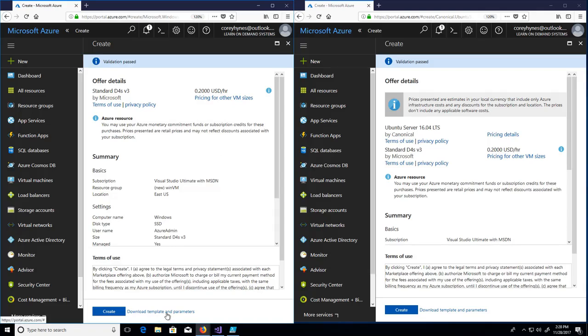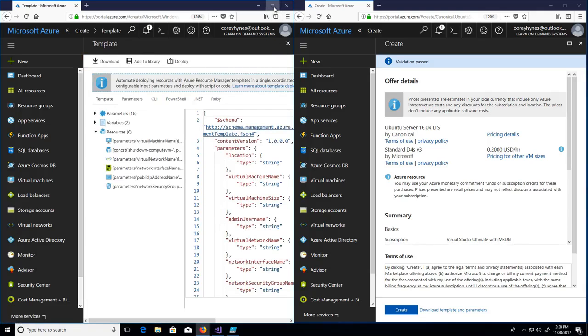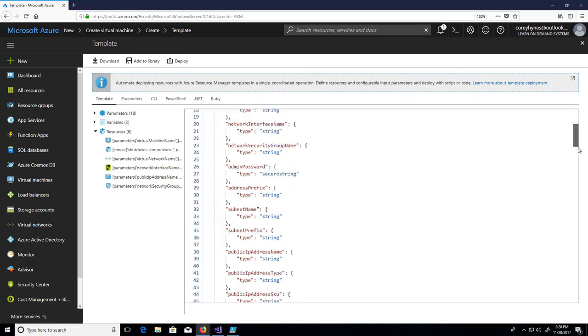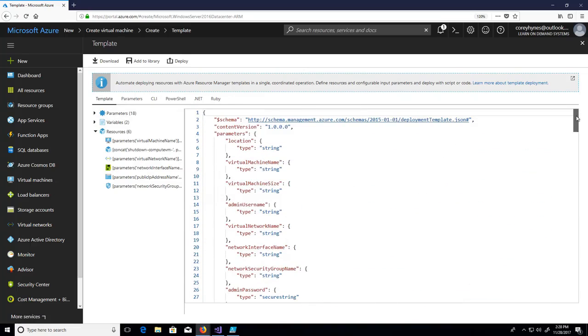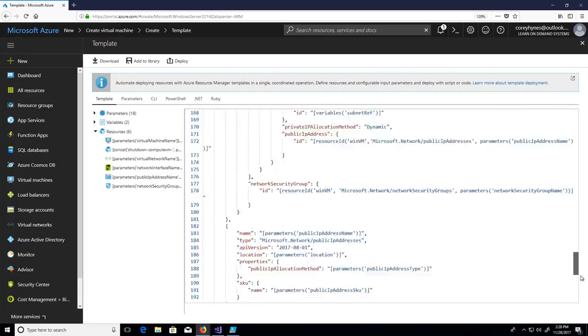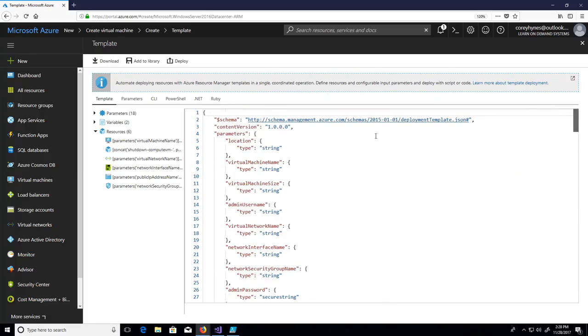It gives me the option to download the template for the virtual machine. So if I click on this, it's going to maximize this window. It produces all the automation that's required to deploy this VM using other methods. For example, here's an ARM template. And this is all the required code if I want to deploy this virtual machine using Azure Resource Manager as